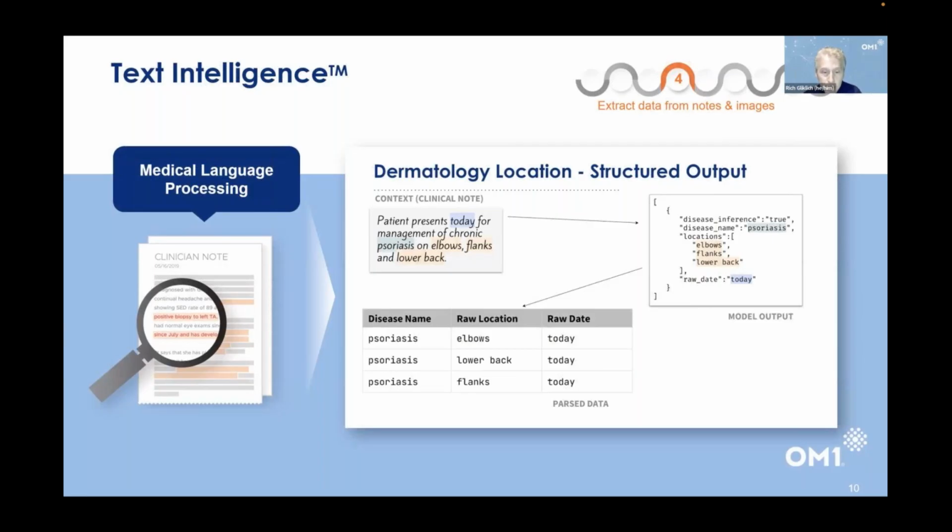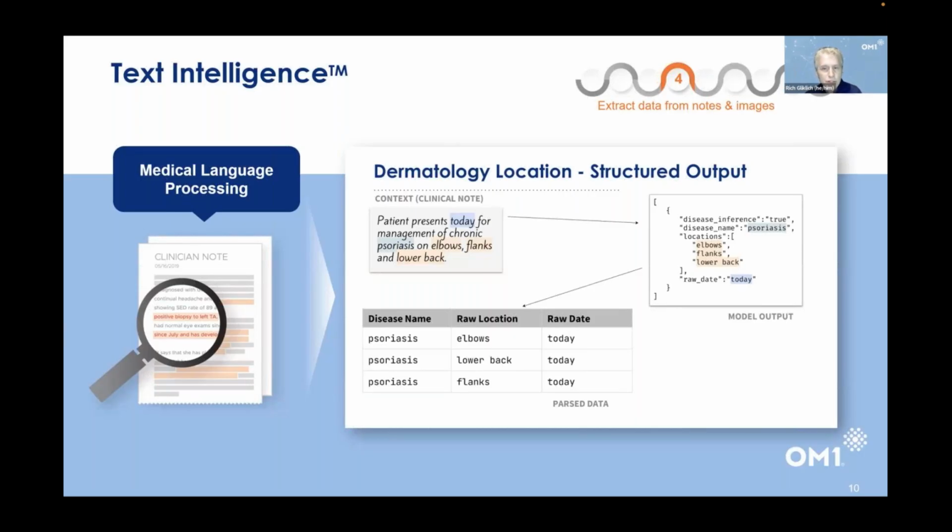We can hire a team of abstractors. We can use technology to enable those abstractors to focus in just on the notes or the components of the record where the information we want to extract is likely present. Or we can turn to the system to process the language using things like LLMs to bring in specific data and then use our abstractors to validate that the algorithms we've used are valid and reliable. And that's the case here.